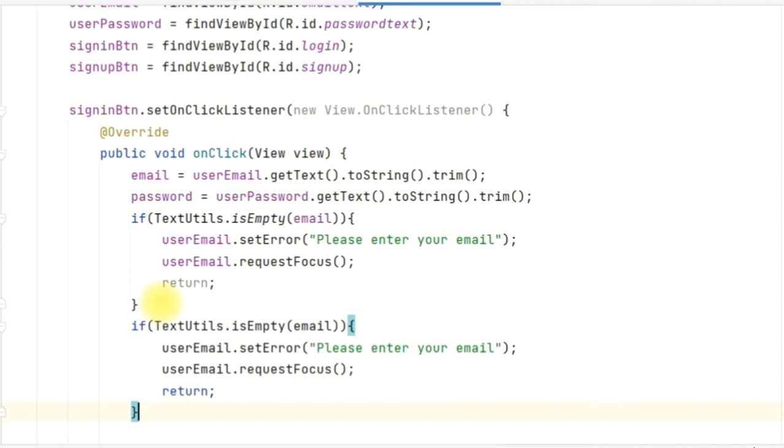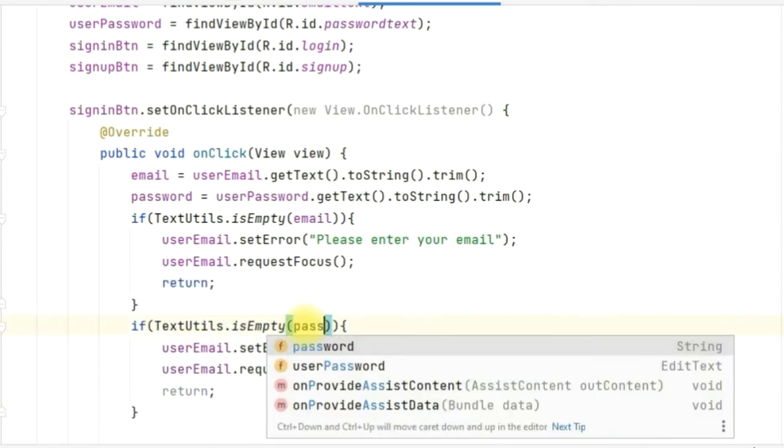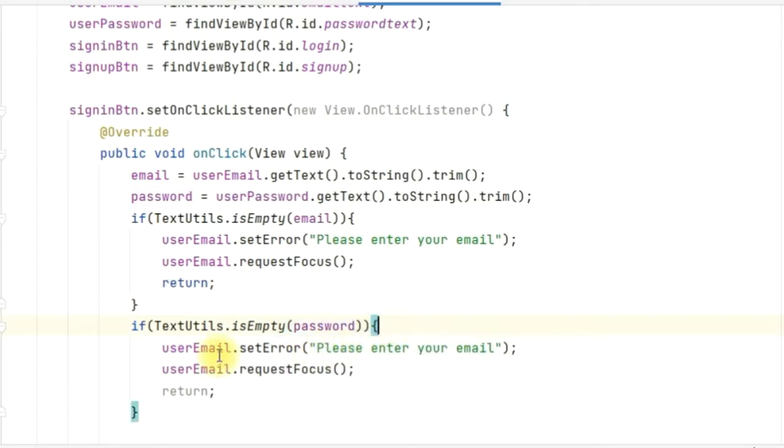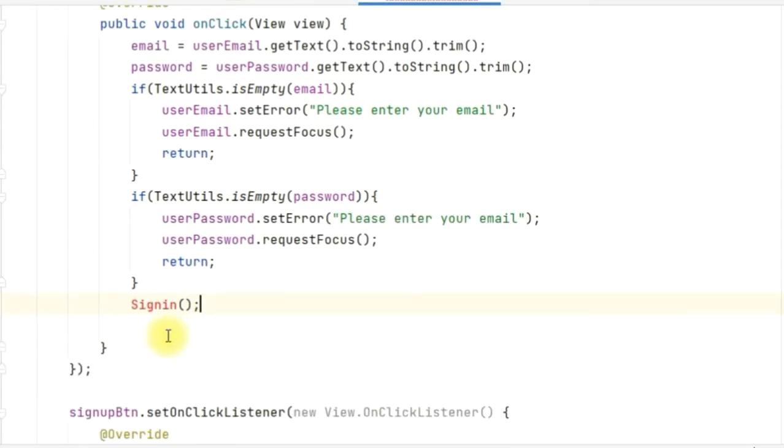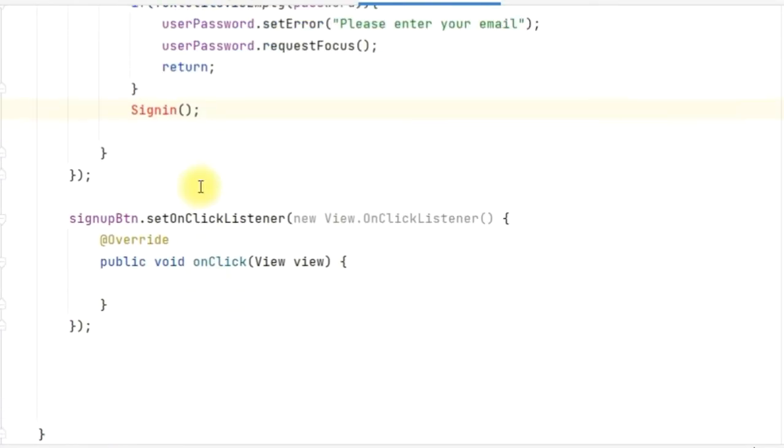Then we write if TextUtils.isEmpty inside the bracket email, then user email dot set error, please enter your email. And we also add below that user email dot request focus, so that the error is focused on that, and then return. Then we copy this if method again for checking that the password is not empty. So we change the email to password, and we change the edit text variable to user password, and below that we write sign in. We can change the message also,